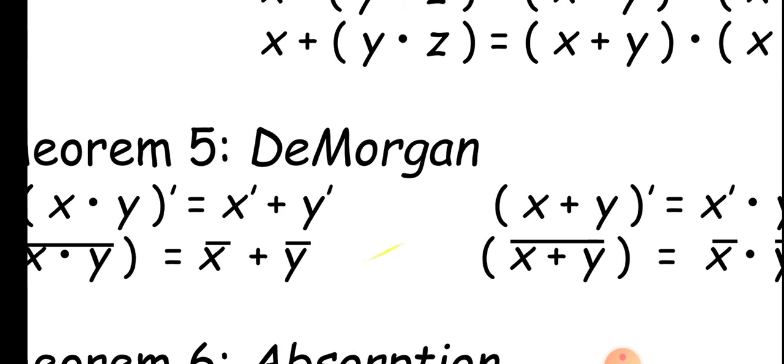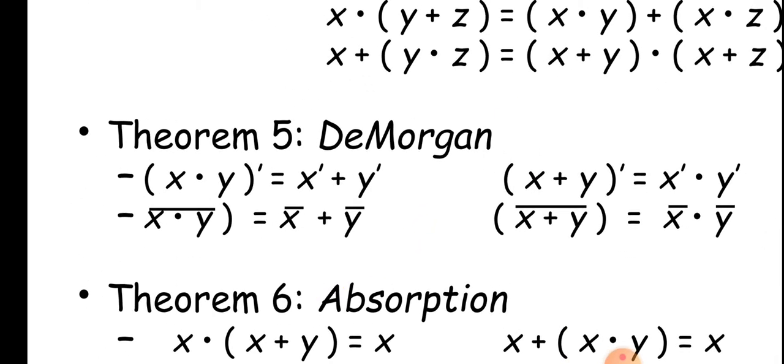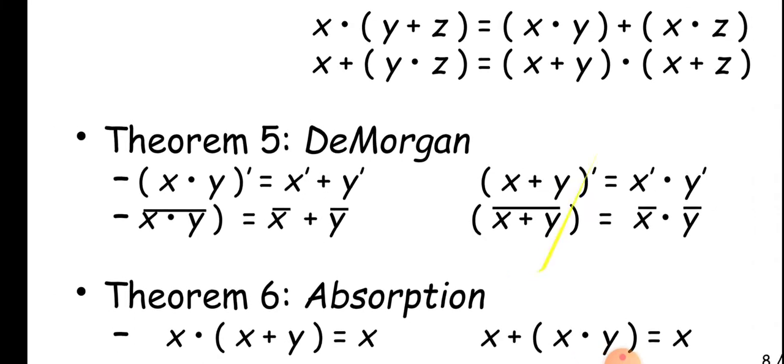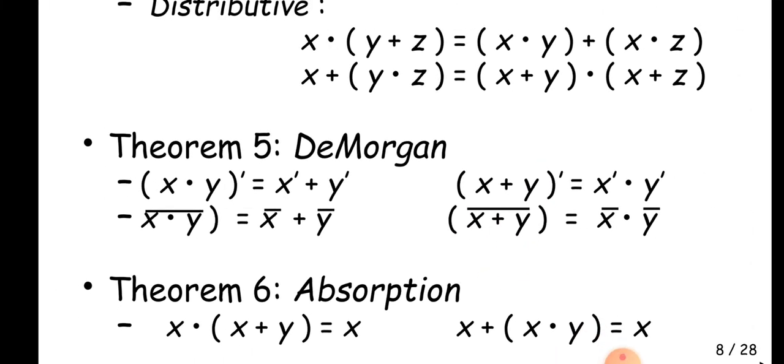Then this is a very important law, De Morgan's law. We already know what De Morgan's law is. In the examination, many times the question is asked to prove De Morgan's law. The same concept is there. x into y complement equal to x complement plus y complement. This is De Morgan's law, and many times we have to prove it using the truth table. x plus y, then complement, equal to x complement into y complement. Same, x into y, the whole complement equal to x complement plus y complement. Just go through it once. Once you draw the truth table, you will get the solution for this, but you have to memorize it.